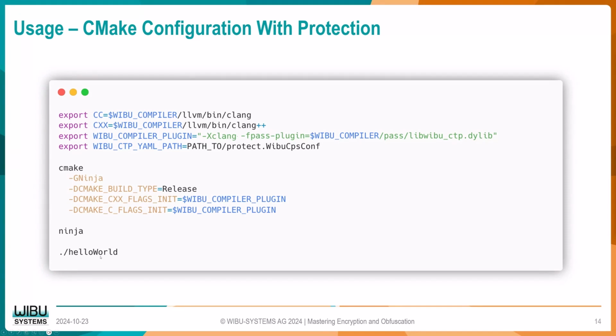Two questions, Axel. On one hand, I see here build type release. Can I also do this for build type debug? The CTP only obfuscates your program when it's built in the release mode, because we don't see any need to obfuscate programs in debug. And it also has another reason, because